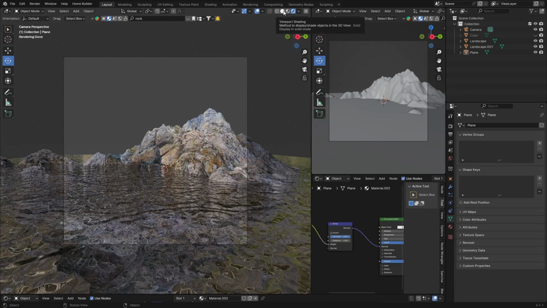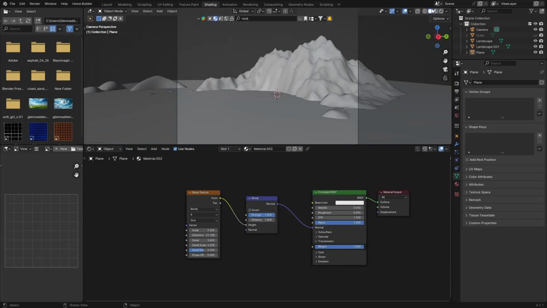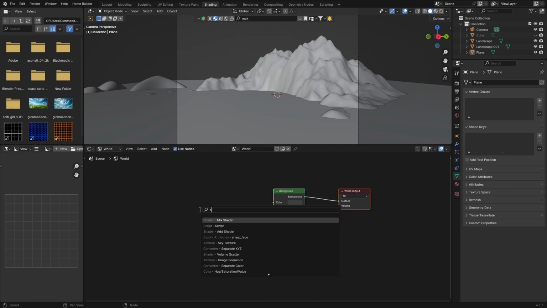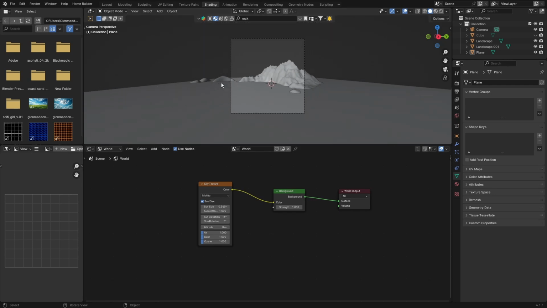Okay, so now what you want to do is click back here. Let's go back to shading. Let's go here and go to world. So click there, boom, hit world. Then what you want to do is go Shift A, type in sky, get a sky texture, plug the color to the background color. Then we can go back here, go to camera view,